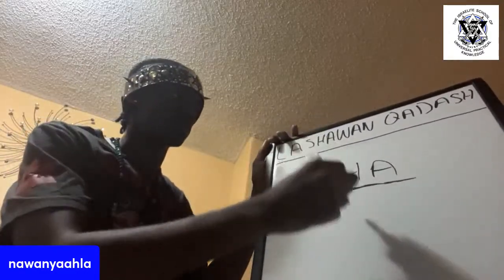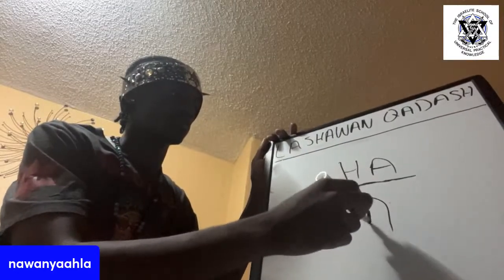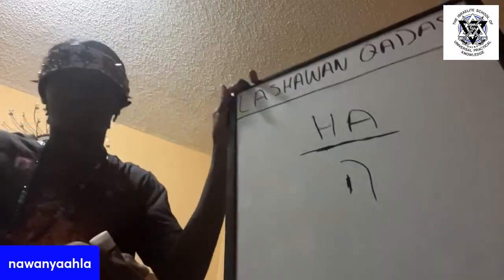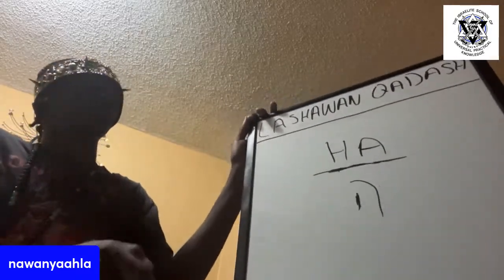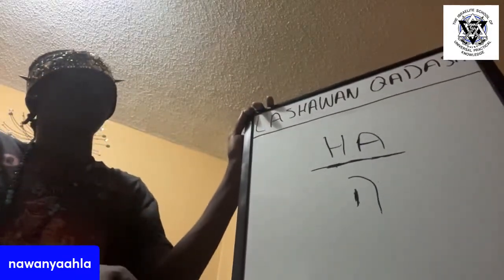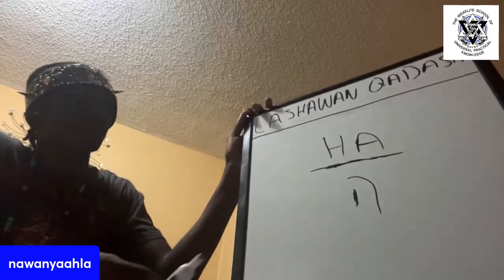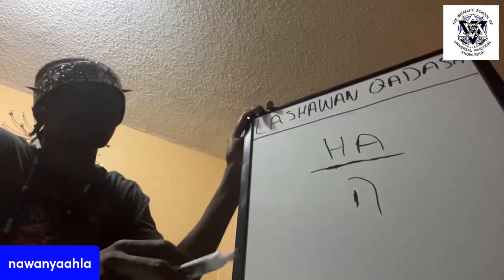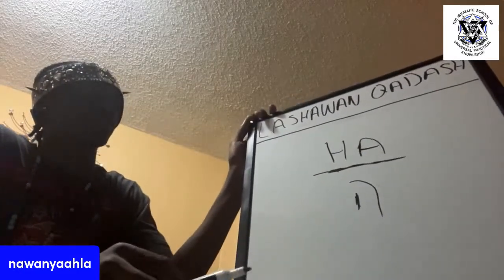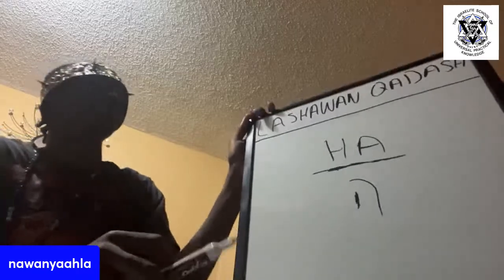The Ha. The Ha. And the Assyrian Hebrew. This character is used a lot. The Ha and the Assyrian Hebrew. Every time you see this character, you'll automatically pronounce Ha. If you practice these characters